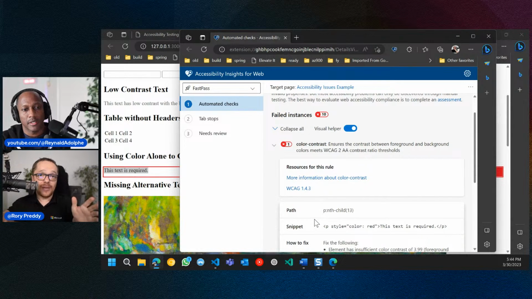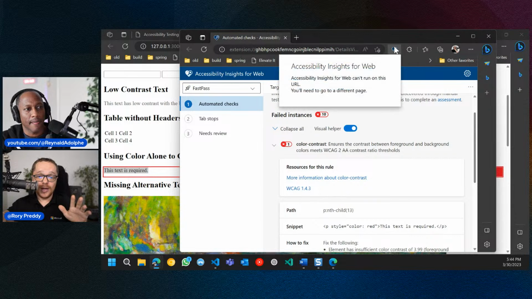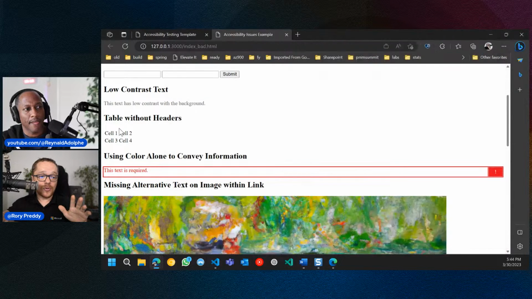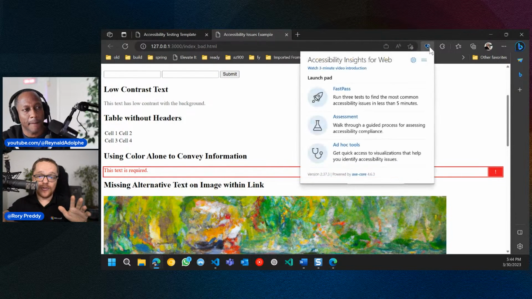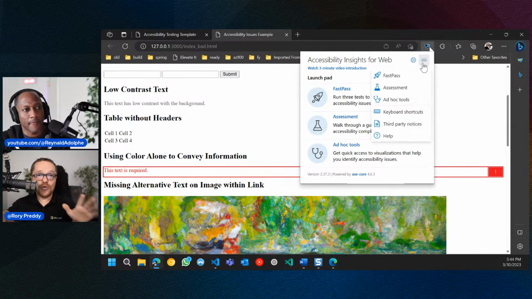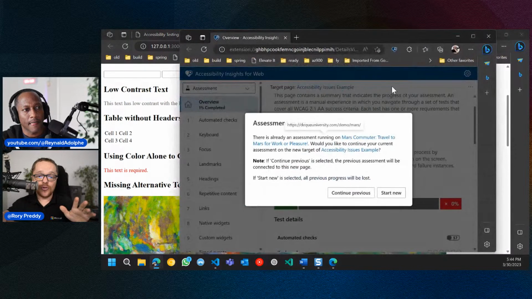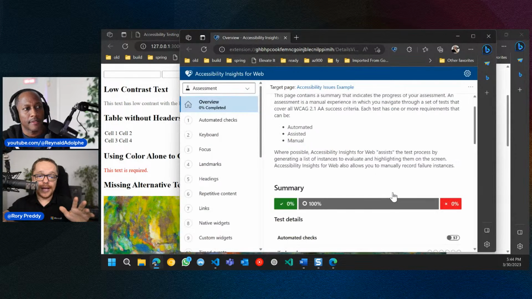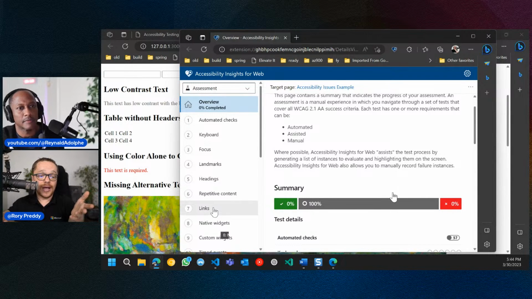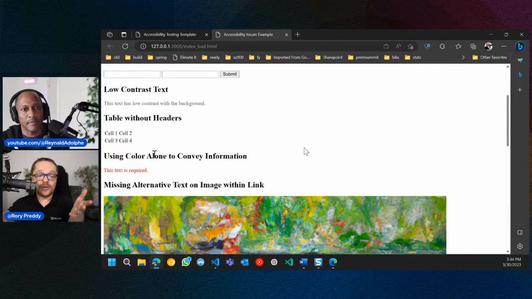Okay, color contrast. And you can go in there and it will tell you exactly what that issue is though. But at the same time, understand the best way to do this compliantly is to run this with the full assessment. So if you really want to make absolutely sure, you can go through the assessment. It will go through some of the automatic checks, and you can go through everything there and learn about accessibility, which is great, around learning about the challenges.